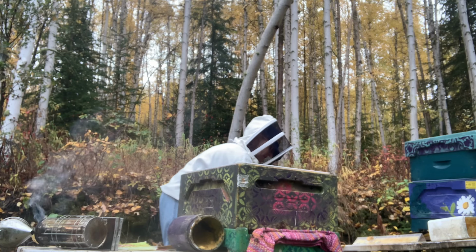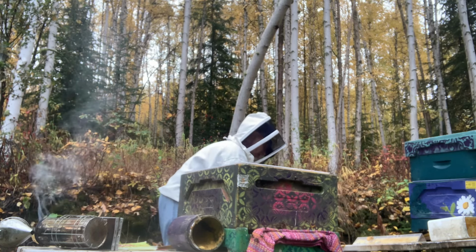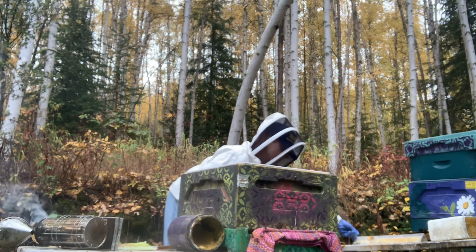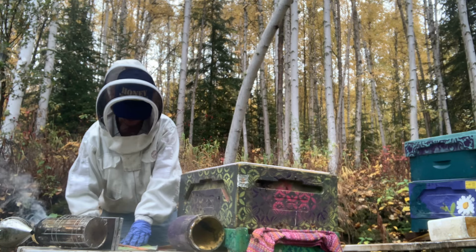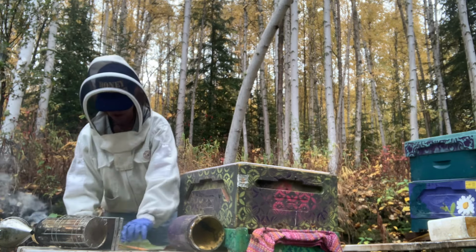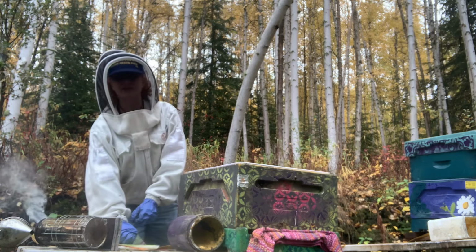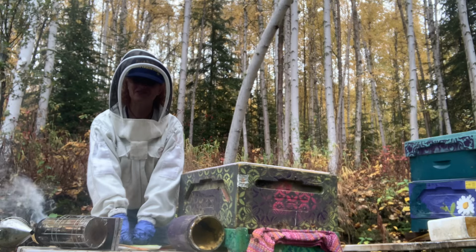We have wasps. They've been hanging around, smart wasps. They tend to last a lot longer than the bees do in terms of temperature. They're much more cold hardy, that's for sure. I'm going to put my lid back on. I'm going to lift this queen excluder and put some Hive Alive in there. Push it down. Add my pollen patty. Put the second deep on, and I'm going to put Hive Alive and pollen patty on that as well. We're in the second week of September,